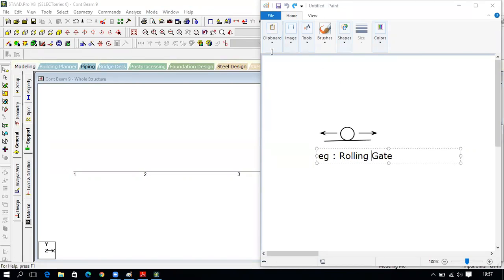If the roller is placed like this, then with this roller it will move upward and downward. It is not having any restraint. An example for this is the shutters.